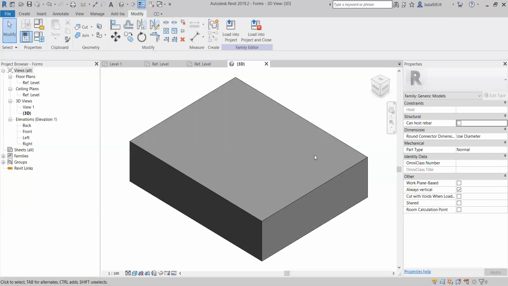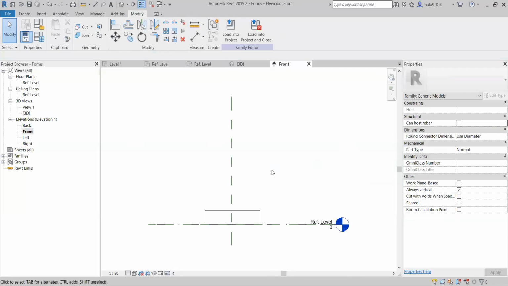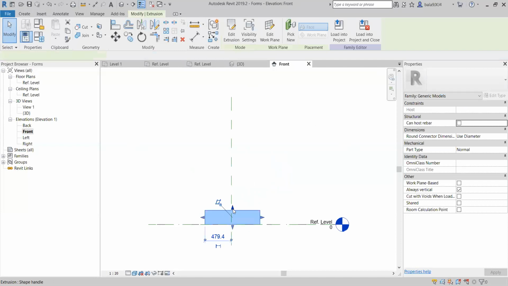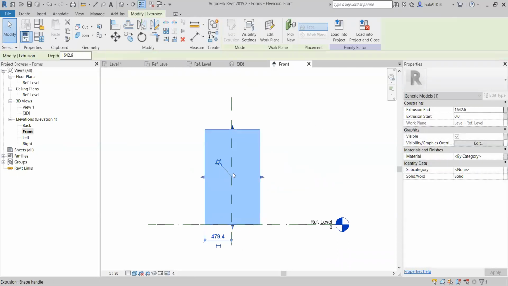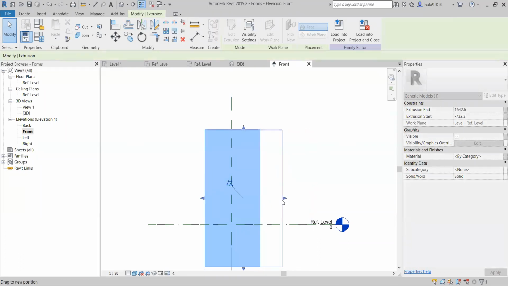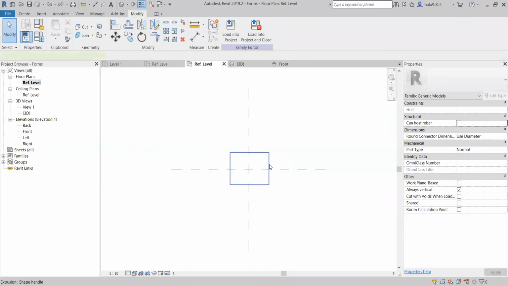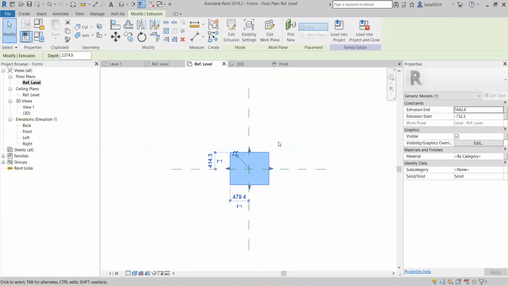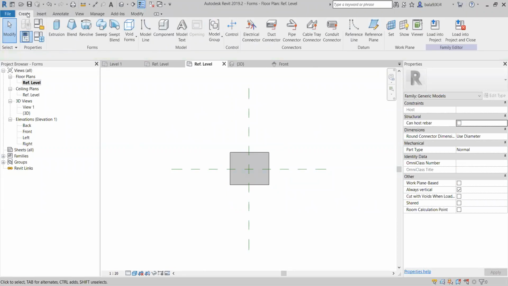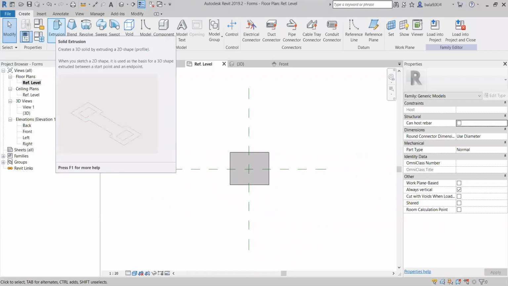Let's say now I am going to the front view. I can extend 90 degrees or in the 270 degrees. Okay, but if I extend like this, in the plan view it will get updated. Geometry size will increase. Okay, so if you see this shape of this form, you can understand. Take one profile, extend according to the requirement.